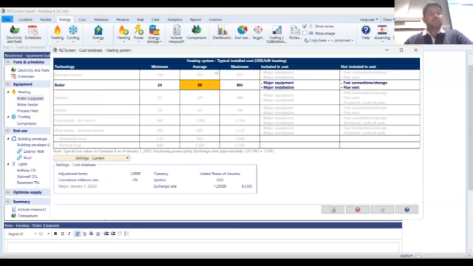There are three ranges: minimum, average, and maximum. Just to be conservative, I'm going to select the maximum. I don't want to overshoot the budget, but I want to make sure that I'm accounting for any issues that may come up later. I'm selecting $904. And what does it include in the cost? Major equipment, major installation. What it does not include are the fuel connection, storage, and the flue vent. So that's something that you have to account for either in RETScreen or outside RETScreen. You can add that value within the software or outside,